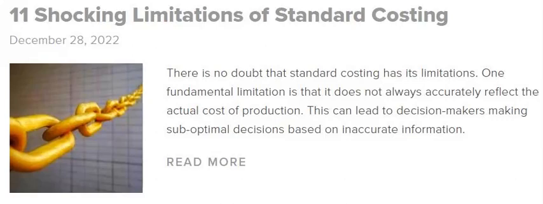Standard cost accounting is a time-consuming process. First, you need to determine the standard cost of each item. Then, using this data, you need to calculate the standard cost for each item. Finally, you need to compare the actual cost to the standard cost to identify any variances. By understanding the standard cost of each item, you can better control your overall costs. Additionally, you can take corrective action to reduce costs by identifying variances.